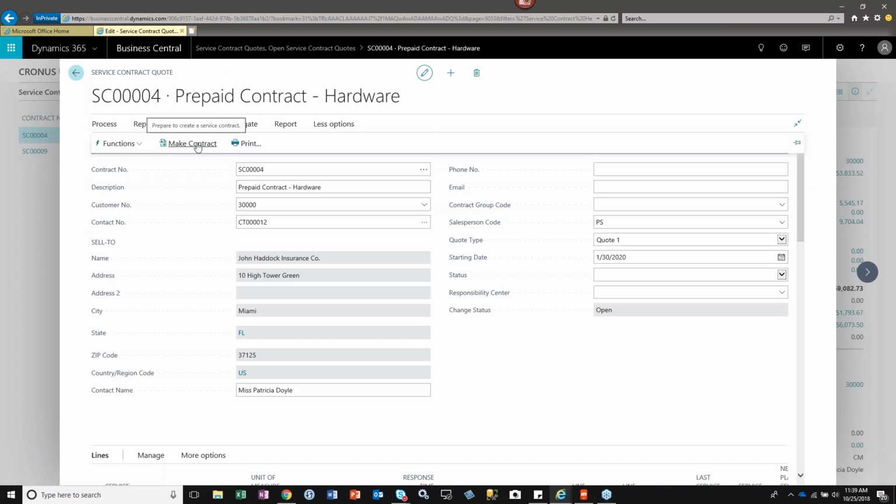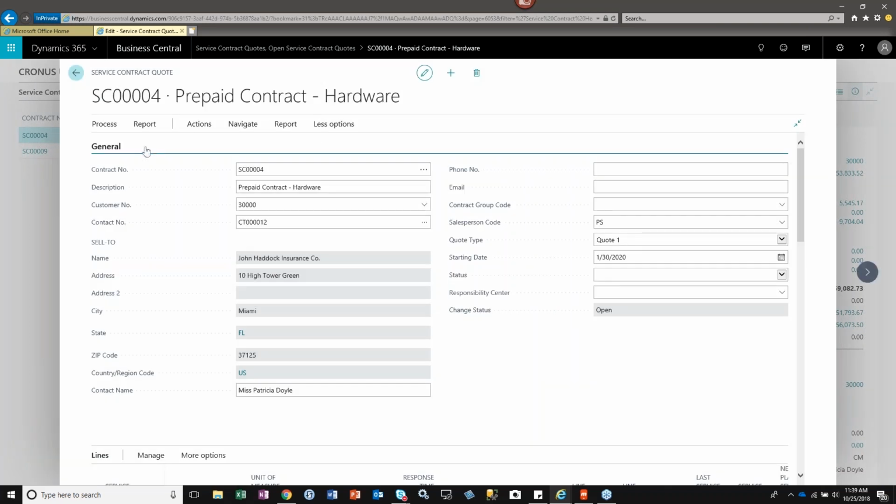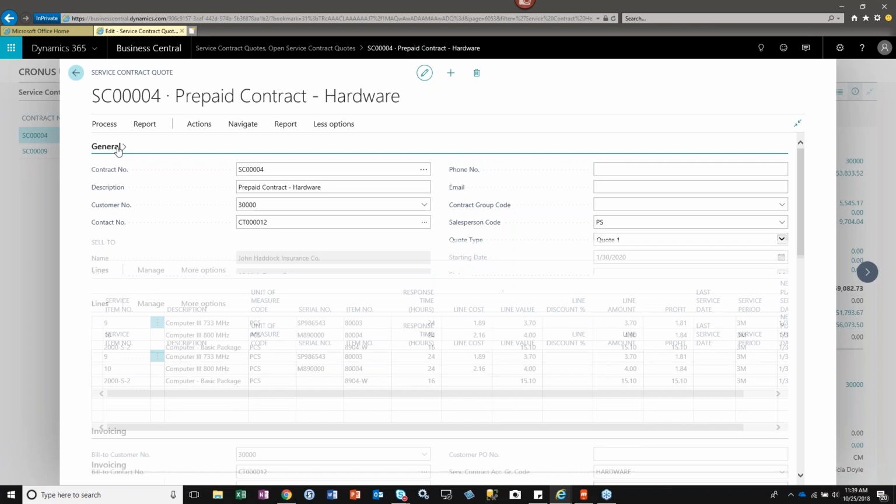Other actions you could take, I can make this a real contract. This was a quote. I want to convert it to a real contract. Oh, I've got some dimensions used in here that are invalid. I got to check those codes. But if I didn't have that problem with the dimensions, I can go right ahead and turn this into a